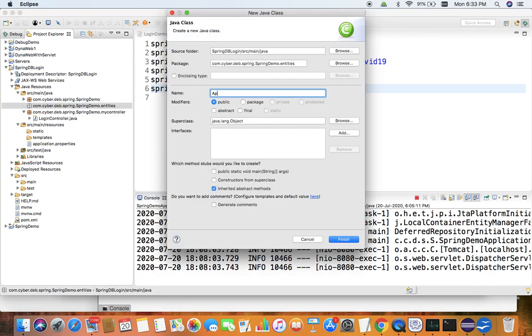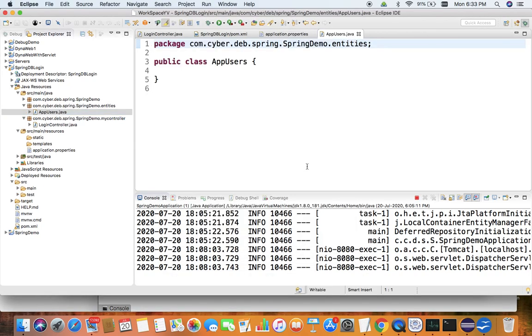Suppose I will say AppUsers, any name you can mention. So that is going to have a table behind this application which is going to be created automatically. Let us mention the annotation, so that you can say this is not an ordinary class, this is an entity class.